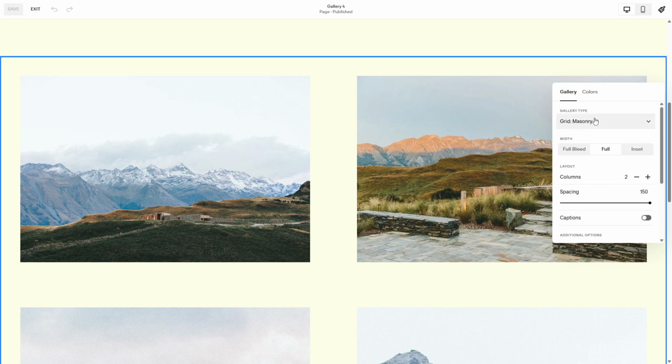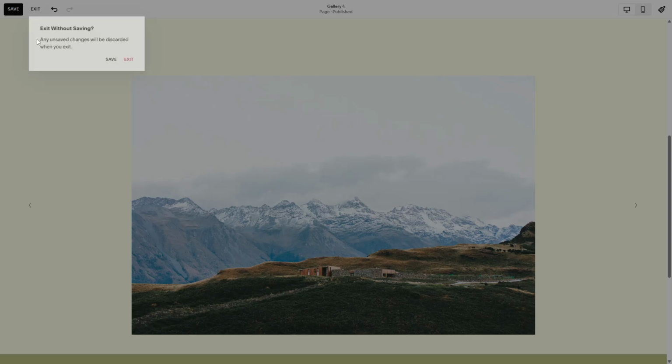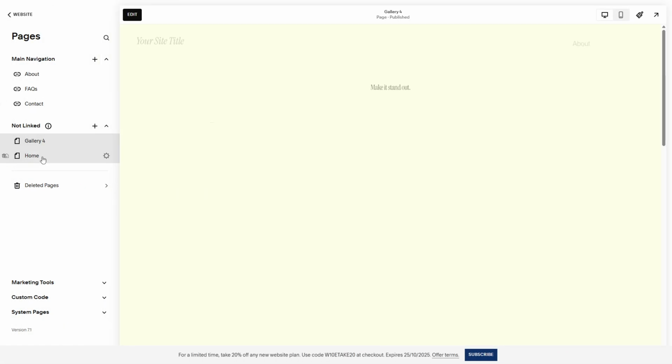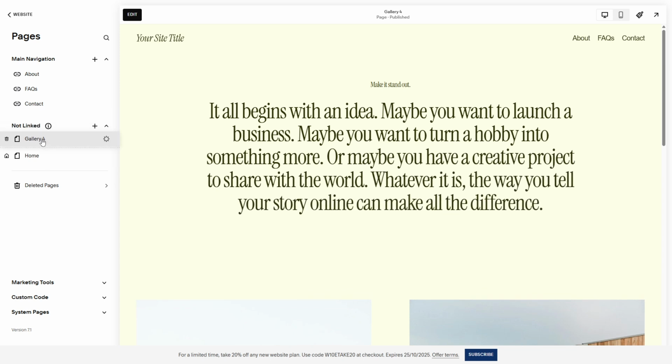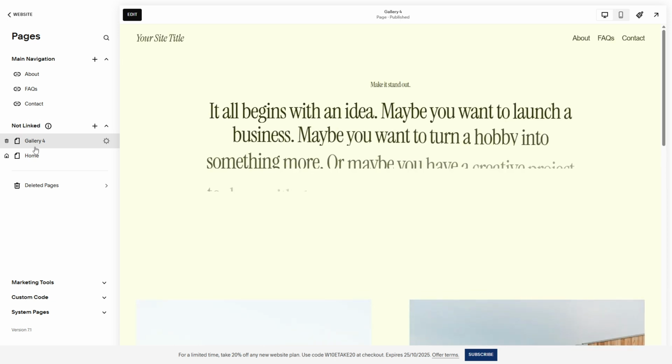Finally, let's talk about organizing your website's navigation, a crucial step in enhancing user experience. Head back to the Pages panel, where you'll find your newly created gallery pages. You can drag them into your main navigation section to make them immediately visible to all visitors. Alternatively, for a more streamlined design, place them in the Not Linked section, ensuring they are accessible via hyperlinks or